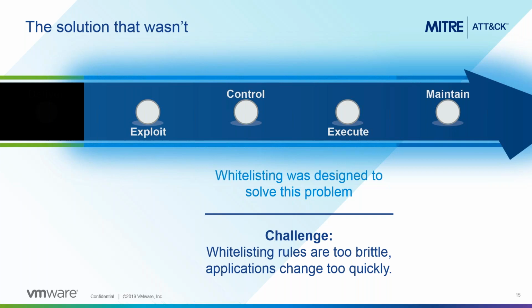Back to Dave's point earlier about DevOps and whether your organization is embracing DevOps or not, simply the fact that in a software environment, in a cloud environment, we can deploy and update things much more rapidly than we have ever been able to in the past. The pace of application change just means that manual whitelisting rules and whitelisting policy is far too brittle. Either the whitelisting policy never catches up to the application's current state, or as the application changes, it's triggering a lot of alerts or a lot of false positives. And that's, again, a huge burden on our SecOps people or whoever's responsible for incident response.